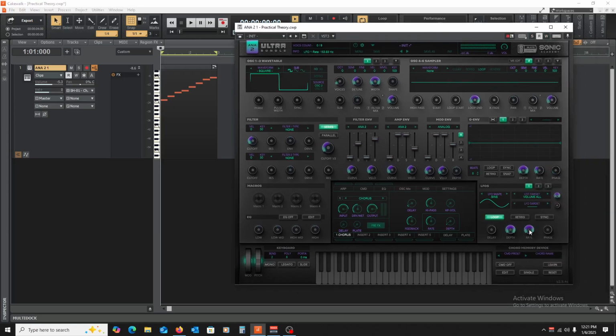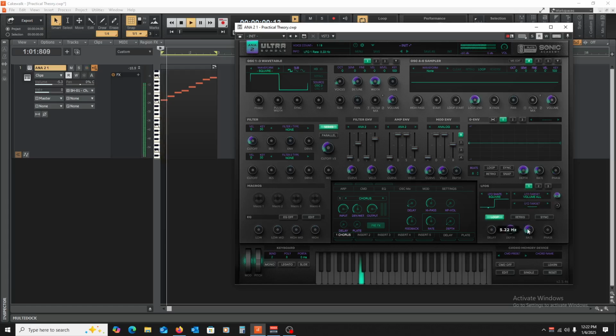You can automate this rate so that you can really have some fun with it. And this is just volume that's happening here, and it's creating this effect. And so, yeah, all it's doing is making this sound change over time dependent on this wave.